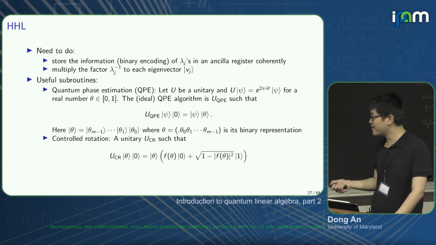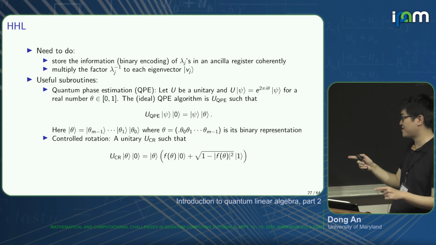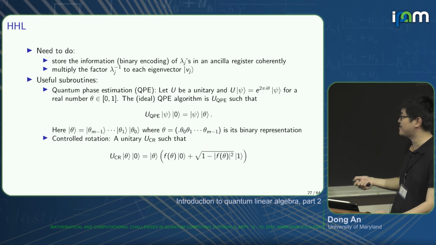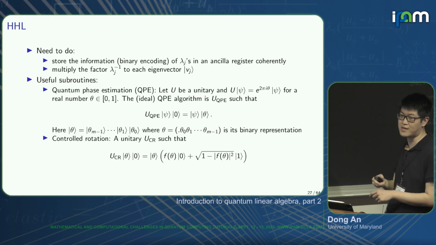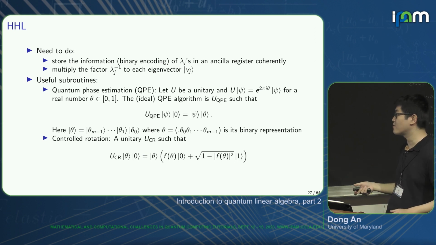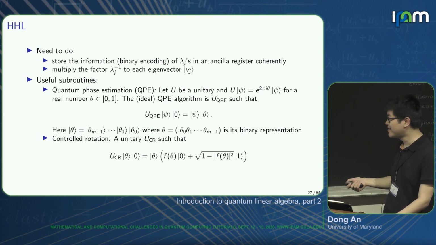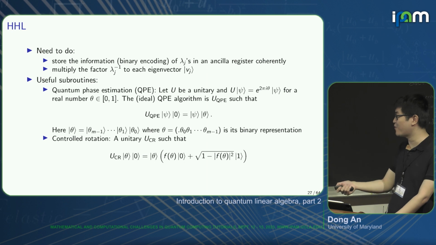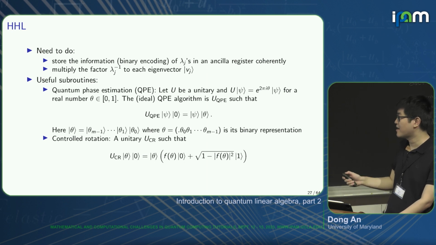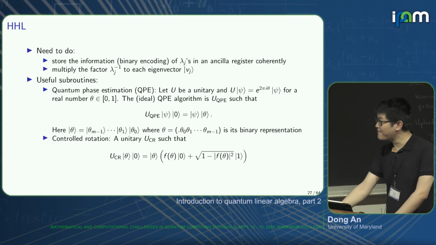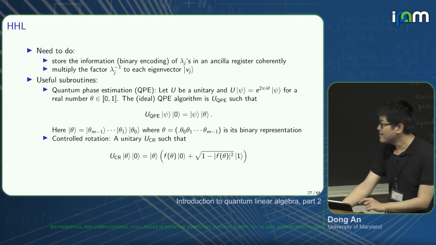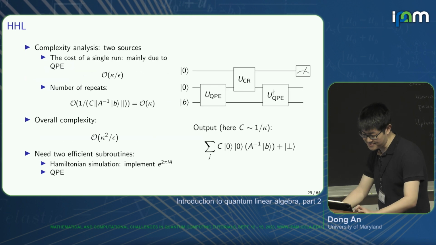So it can be implemented. Of course, there's some detailed implementation for this circuit. For this single gate, we probably need some binary representation of theta, and then we first need to binary encode the information of f theta and then perform the control rotation according to its binary representation. But just trust me that we have some efficient way to implement this control rotation operation. Okay, now we have all the subroutines. And then the HHL algorithm is,